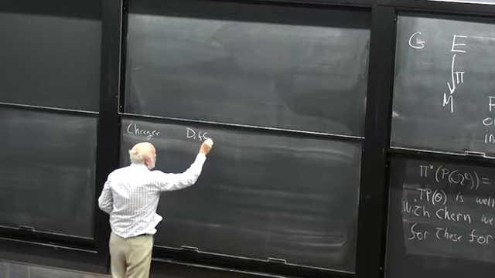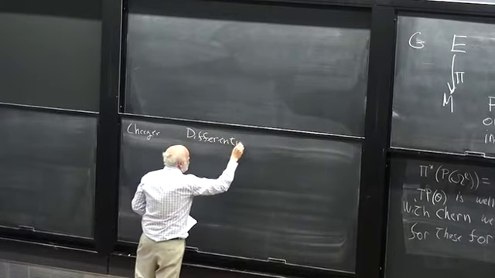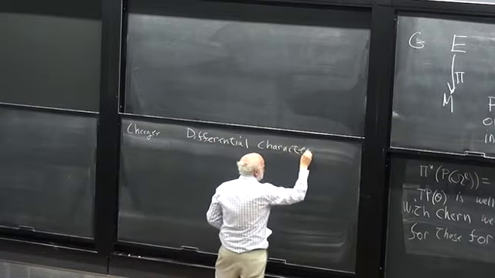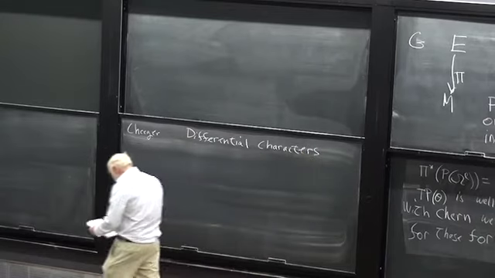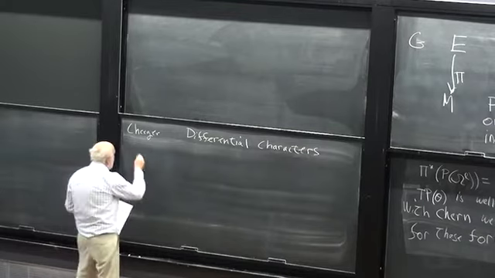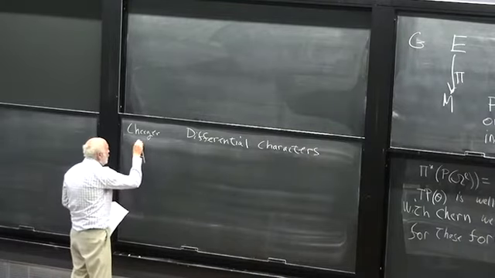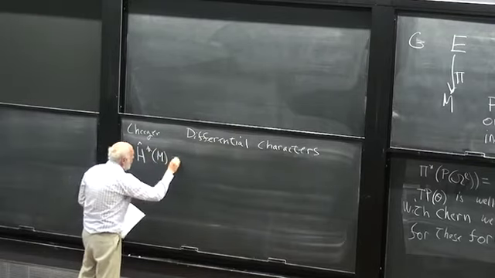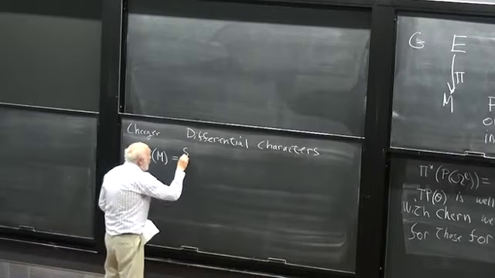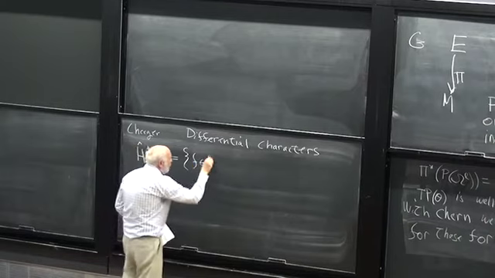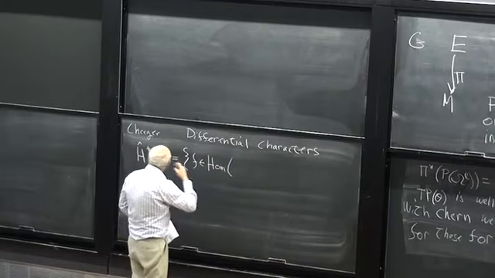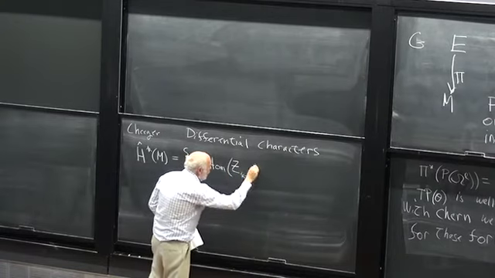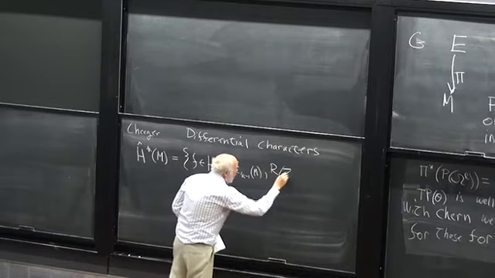But he and I started talking about this stuff, and we decided to make a definition. So with Cheeger, we made a definition. Differential characters. Now we're in the smooth category, we've got manifolds and all that. And it's graded, so we're going to define this graded group, H hat k of M, manifold downstairs, equals a set of elements in Hom of cycles of one degree lower, Z_{k-1} of M, into R mod Z,